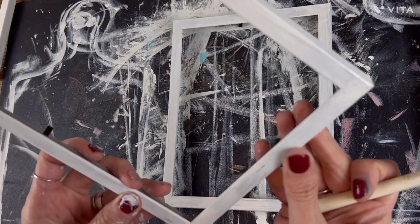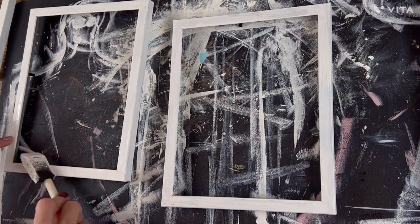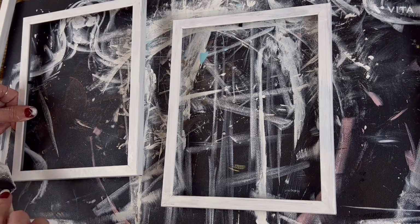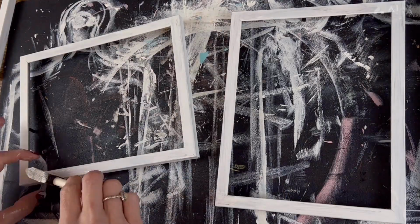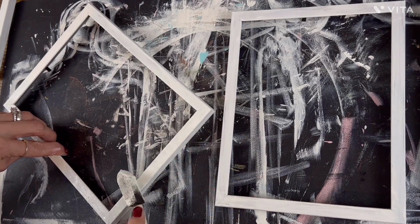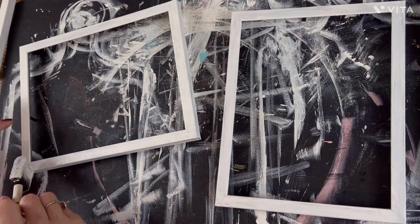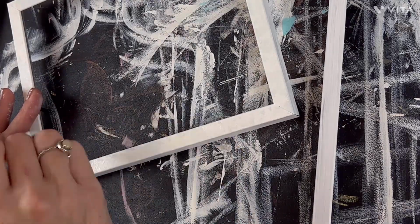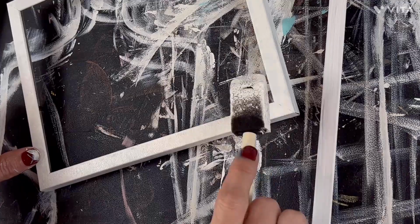Now we are on to our second coat, and you can see that there's some lines that are still sticking through where the first coat didn't really do well. And you see, as I take that brush, I'm not painting this time, I'm pouncing. I'm using the Waverly paint and plaster still, and it is kind of thick. So I just take it, and I want a textured look. I don't want it to look like it was flat painted on or brush marks. I really wanted it to have a vintage look to it,